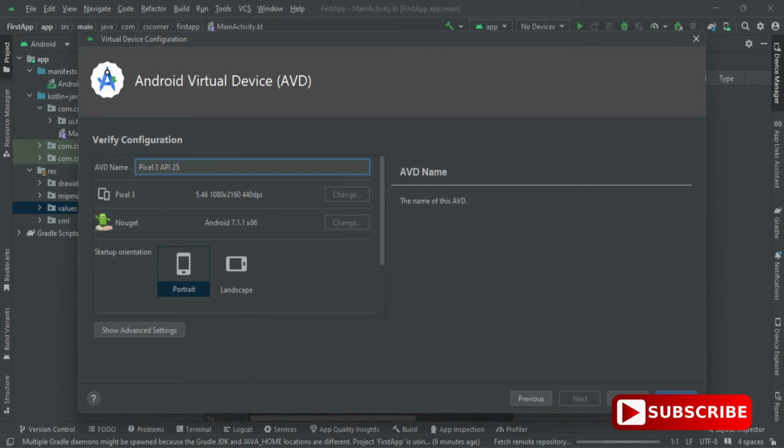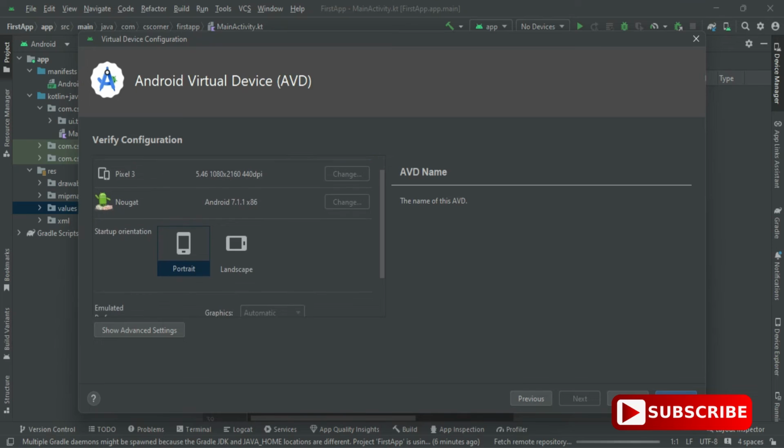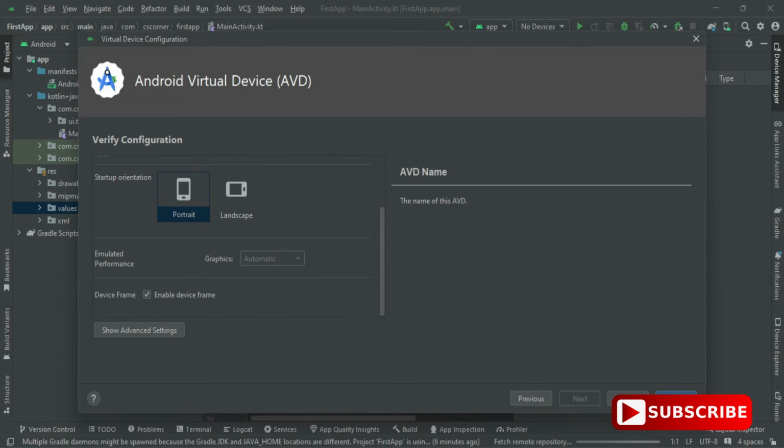And now guys, here you can see it's showing me my image name. Okay, so just click on the next button, and here now you can see we don't have a download arrow. Just click on the next button, and this is the name of your Android virtual device. If you want to change, you can change, and I'm taking portrait. Okay, and just click on the finish button.